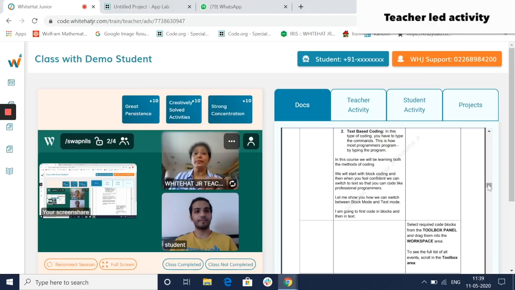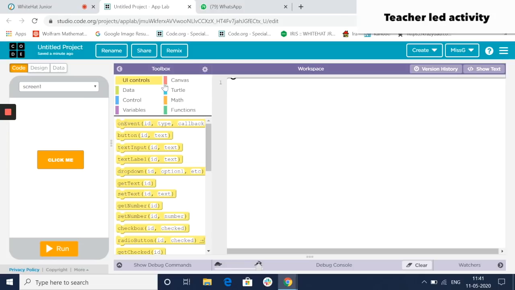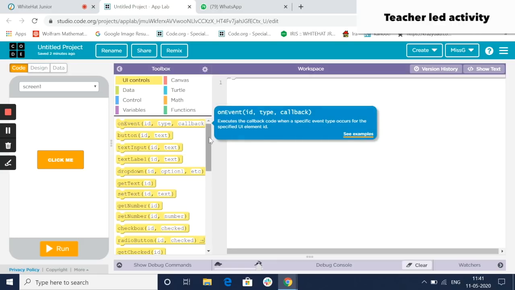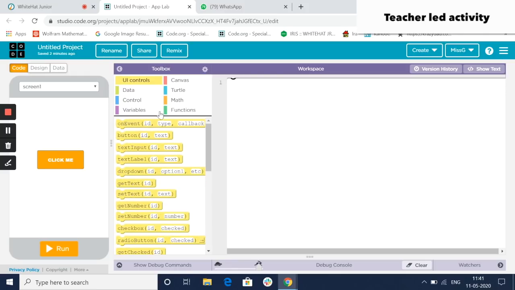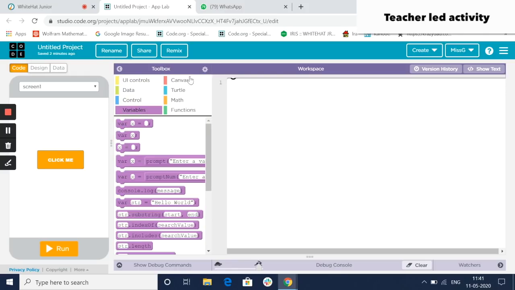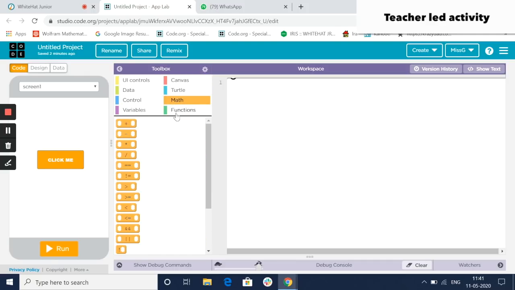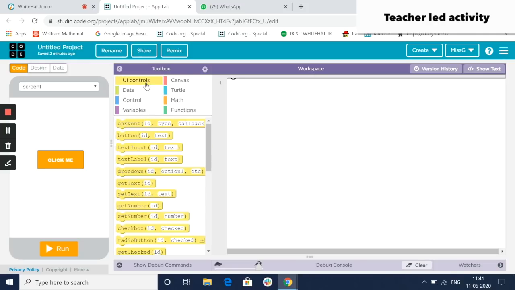We are learning JavaScript, okay? And using block programming or a programming language called Blockly. So from the toolbox, we are doing step 3 now. What do we have to do? You see all the code blocks that are here. You can scroll and see there are different sections. We are going to focus on the UI. And as we progress into the code, we will be learning all these different command blocks that you're seeing. Today we come back and focus on this section called the UI controls.